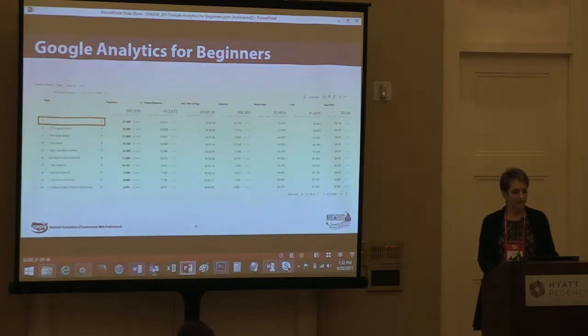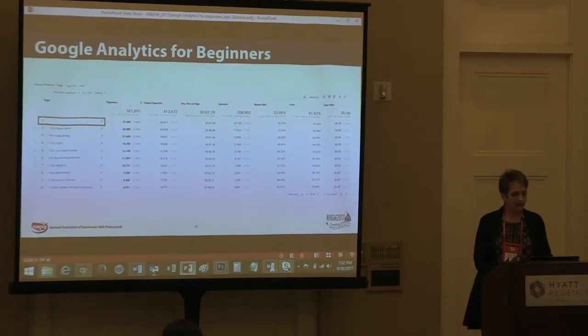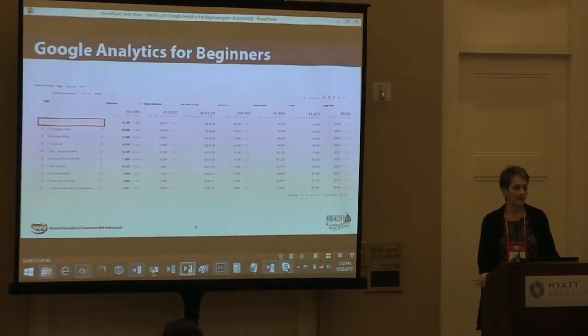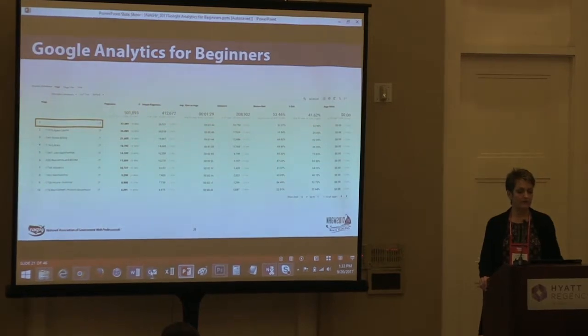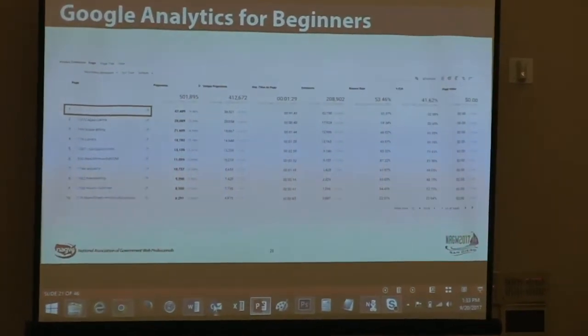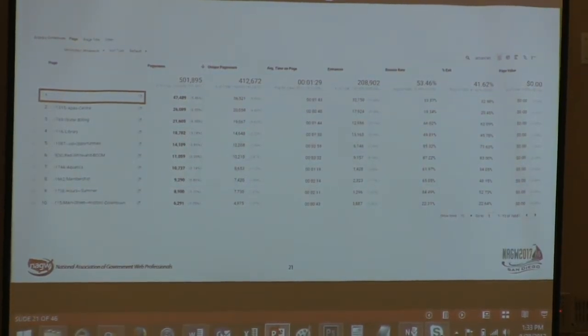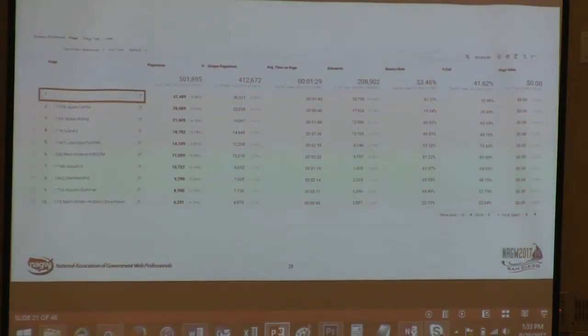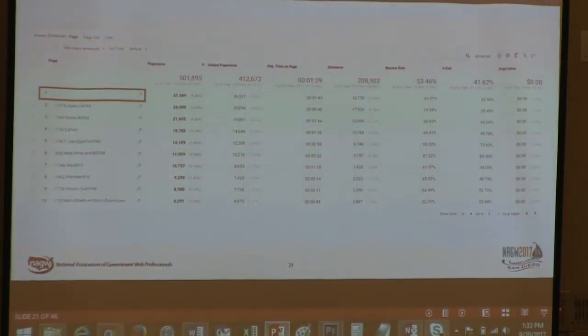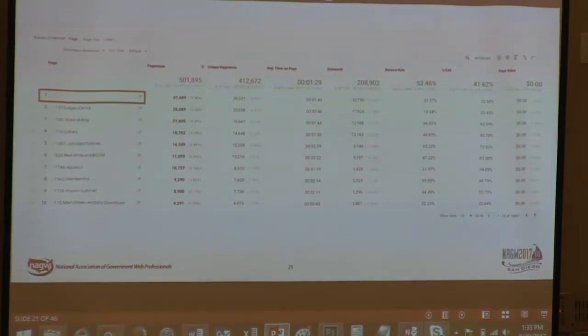And you can go further with it. So here we're looking at the report of the pages for this particular date range. And if you look, I've got 10 items in there. The reason that's outlined in orange is because I'm going to drill down into that. So this is the basic information. You have your page views, unique page views, average time on page. I can't read that. Entrances, exits, bounce rate, etc. So you've got all this information here.